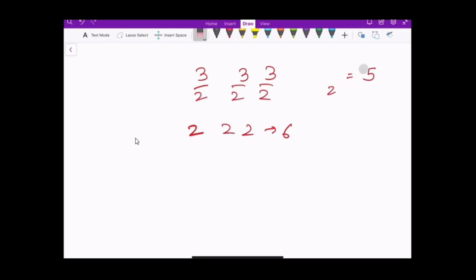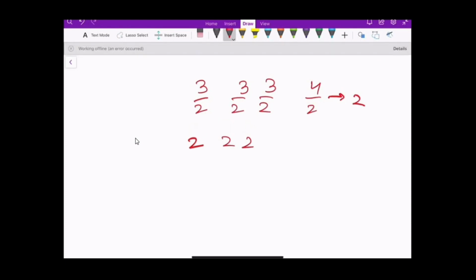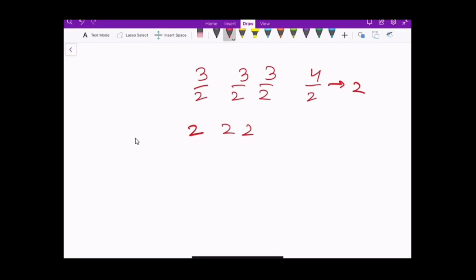So notice that the ceil is the same as the plain division if the sum is even, so dividing by 2 does not cause any error. If it was 4, 4 by 2 is 2, and even if I divide it in the sum, it will give me 2 as well. But for the odd sums, this gives me an issue. So what I will do is add the number of odd subarrays to the total and then finally divide by 2. Again, if we have 3, 3, 3, my sum is 9 and the number of odd subarrays is 3. So I will add 3 to the sum and then divide by 2. So 12 by 2 is 6, which is the result we want.